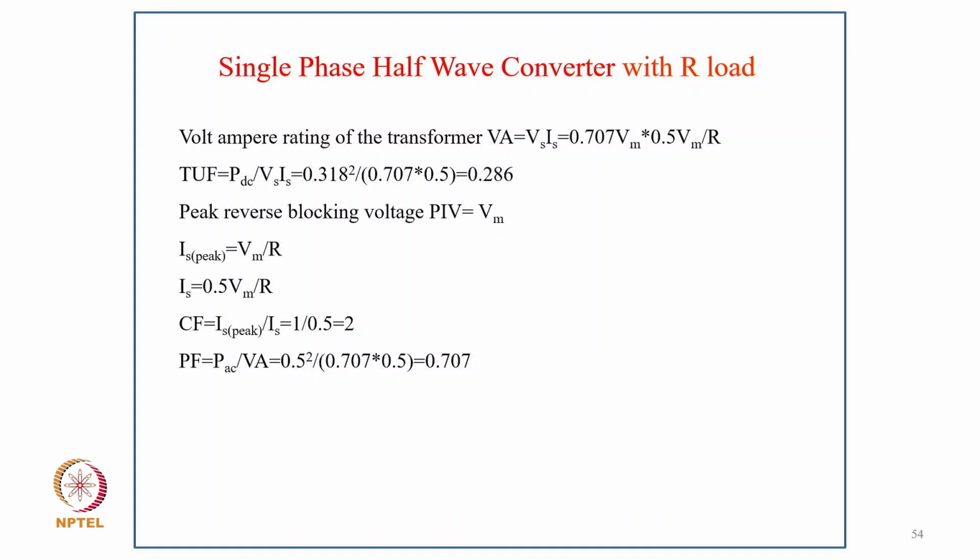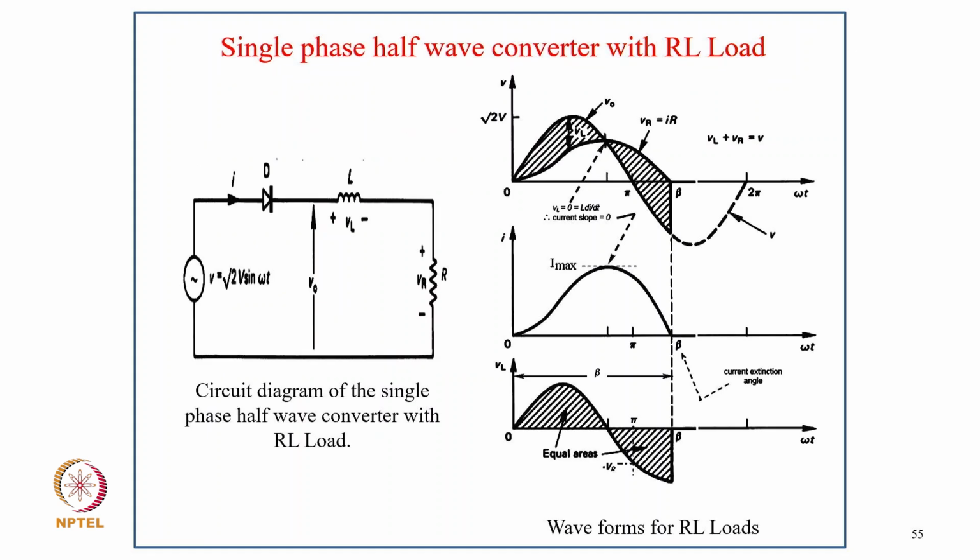And peak blocking voltage PIV is Vm, I_s peak is Vm upon R, and I_s is 0.5 Vm upon R, and crest factor is I_peak upon I_s. So that becomes 1 upon 0.5, that is 2, and power factor is P_dc upon VA. So putting the value, it comes 0.707. Now taking a typical RL load, as you can see, with the effect of inductive filter, typically current